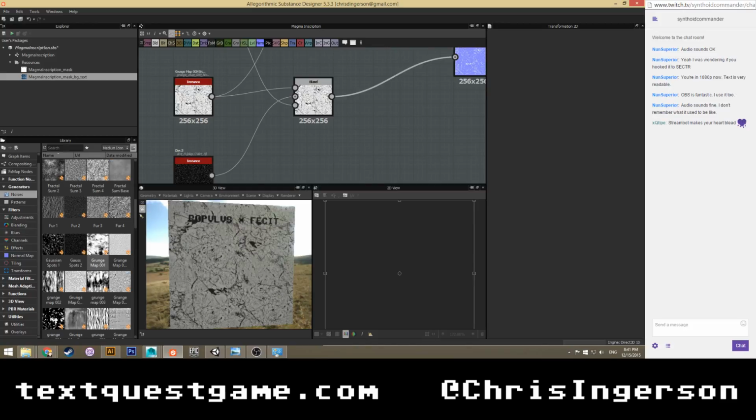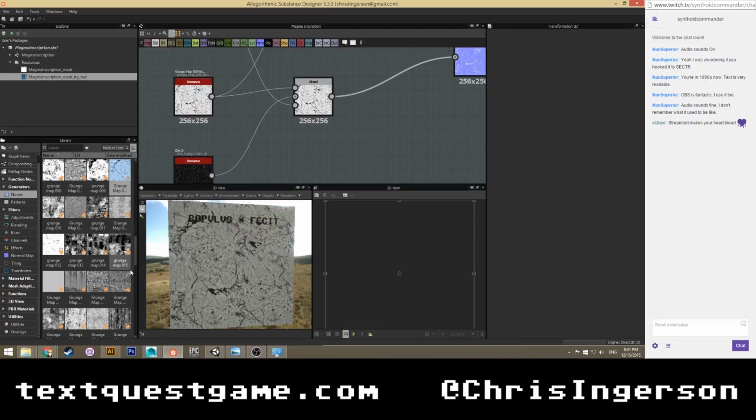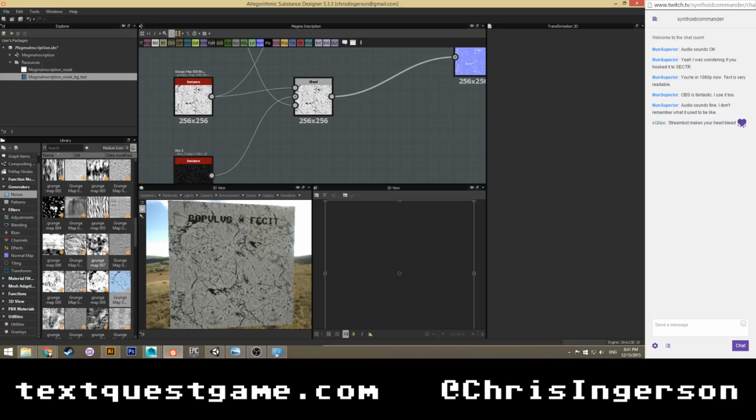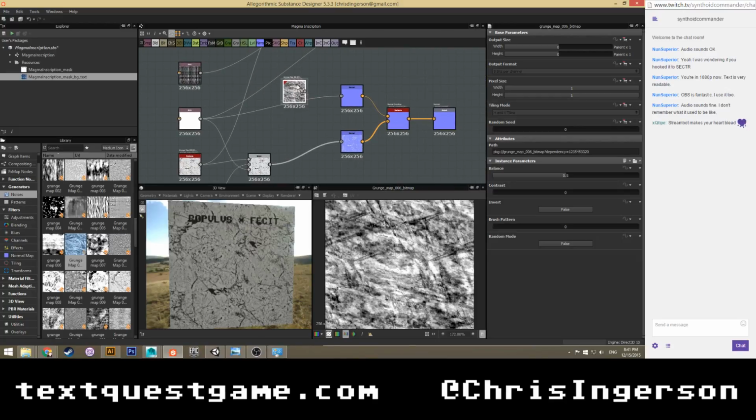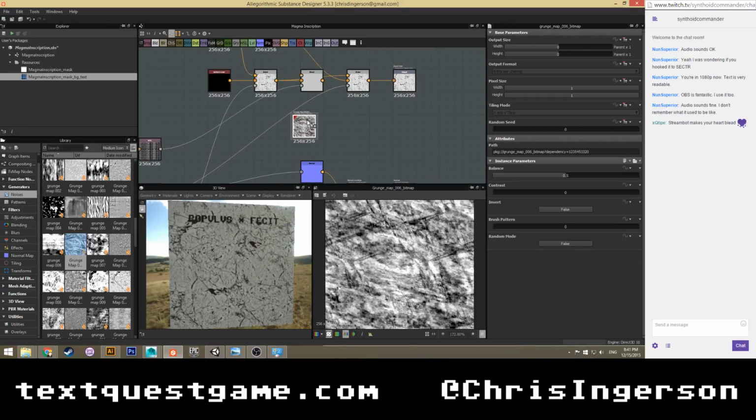So what would be a good text texture for this? Let's see. We could try this, maybe. I don't know how well this is going to turn out. It looks a little too brushy for my tastes, but let's see.